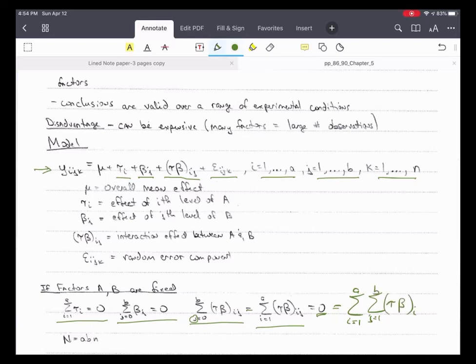Okay. The total number of observations for the balanced design is a times b times n. So the number of levels of factor A, the number of levels of factor B, and the number of times we replicate each